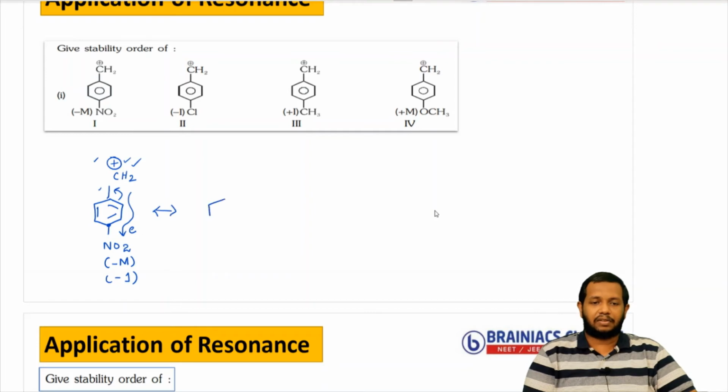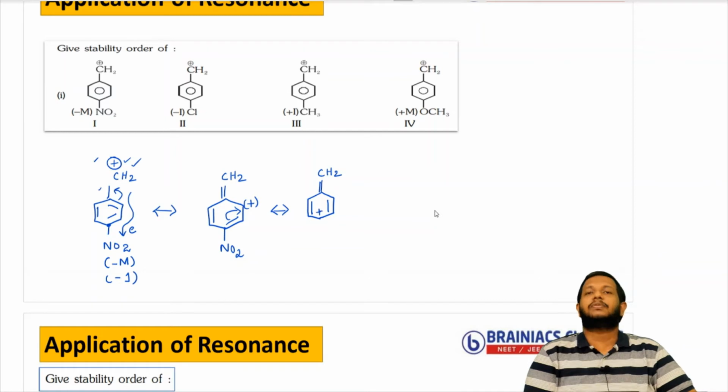Very important understanding. To understand that, I should draw this structure. So in the first resonating structure, the double bond will come here, so the plus charge is gone, and the plus charge will come here. Then you have something like this, and you have NO2 present here. Now in the next resonating structure, what will happen? This will shift in this direction. You can see the double bond will come here, then the plus charge will come here, and you have the double bond CH2 present here. You need to draw it, then only the complete picture of resonance will come to you.